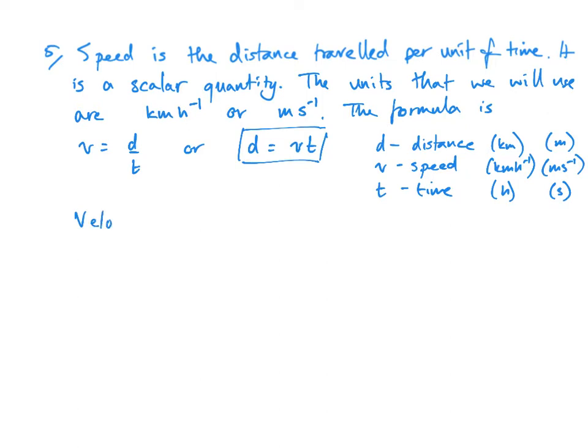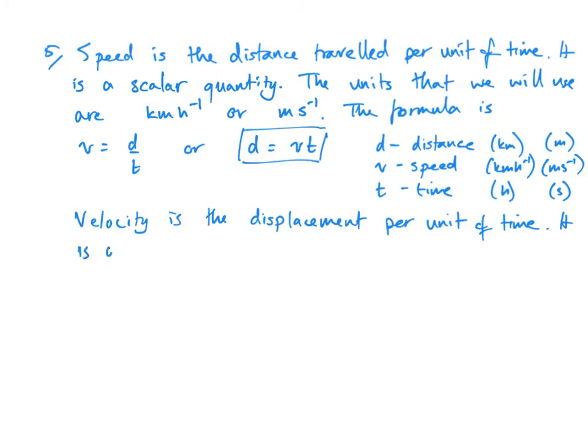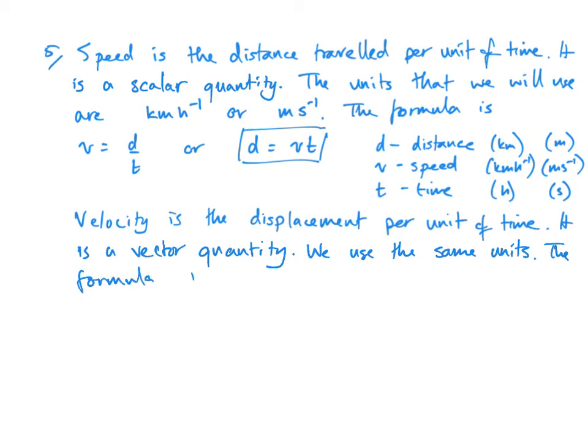Now, in a very similar way, velocity is a displacement per unit of time. And it is a vector quantity. So kind of two key differences there between speed and velocity. Speed is the distance per unit of time, it's a scalar. Velocity is the displacement per unit of time, it's a vector. But we use the same units. The formula is very similar as well,